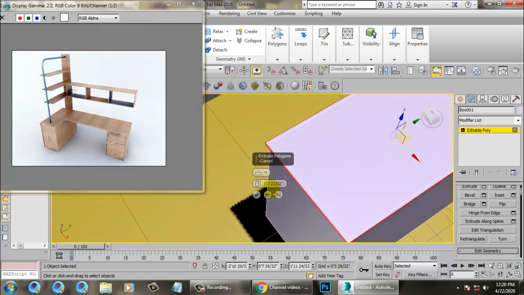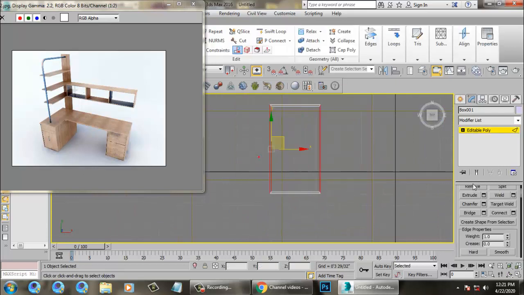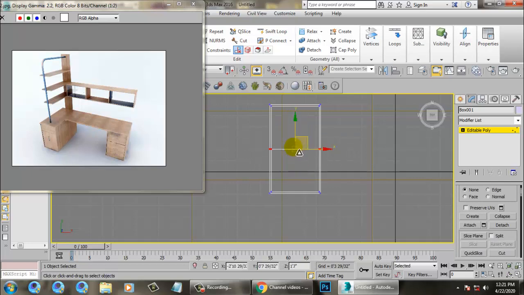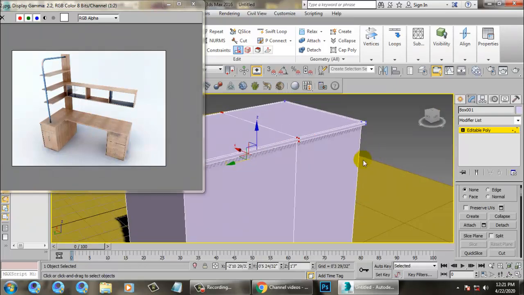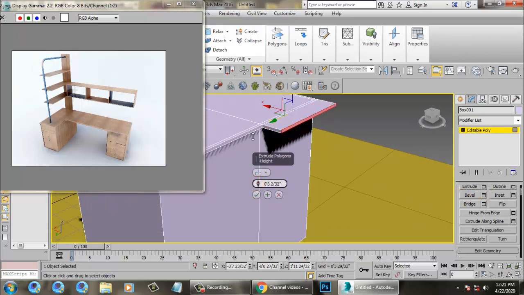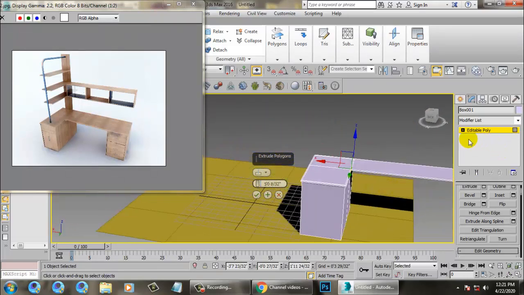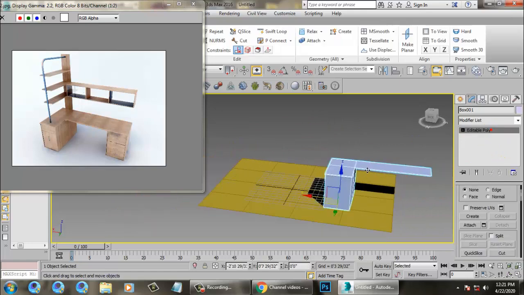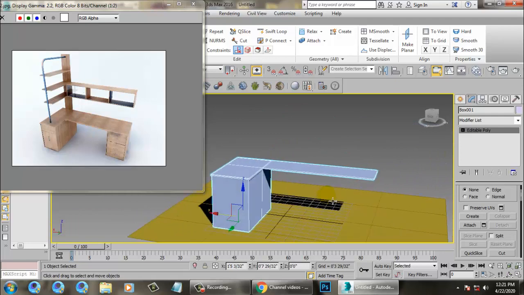Once you're done with this, I can go to the top view and I'll ring it and I'll connect. I'll select this, I'll scale it and I'll just push it at the corner. After that, let's go into the polygon and let's extrude it. Okay, not a problem, we'll just move the object. So just click OK, come out of editable poly mode and let's move the object over here.